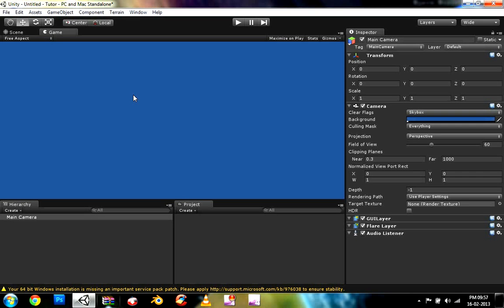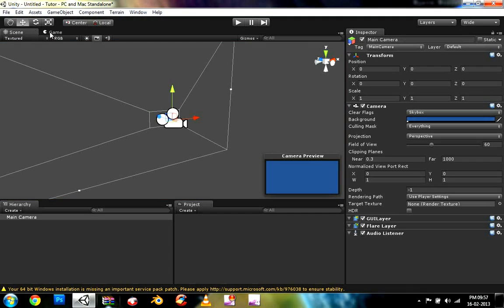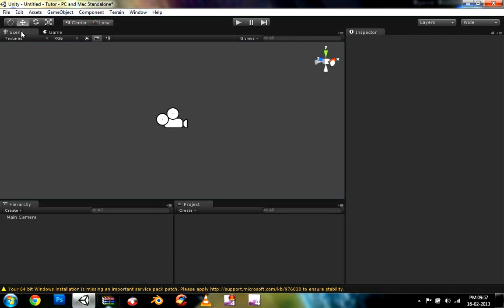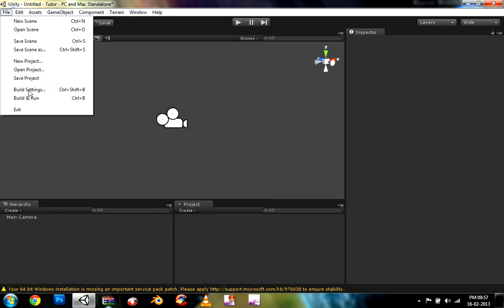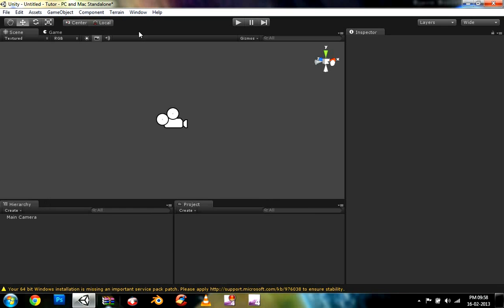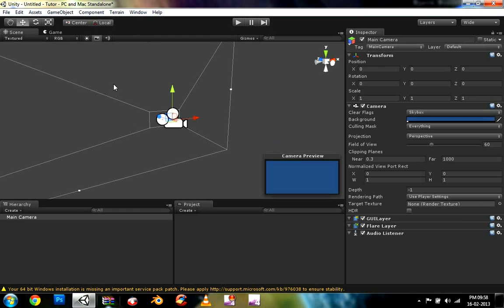In game view, we will see how the game works, and it's a great method to check how the game works originally on PC. So I think we are clear about scene view, game view, hierarchy, and how to set the platform. Till now we have seen all that.